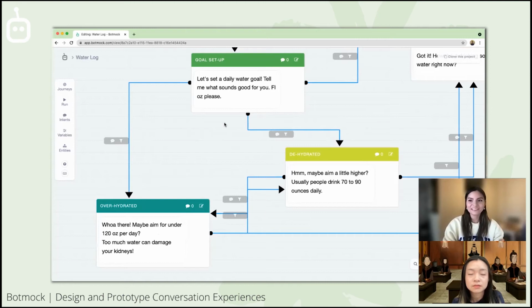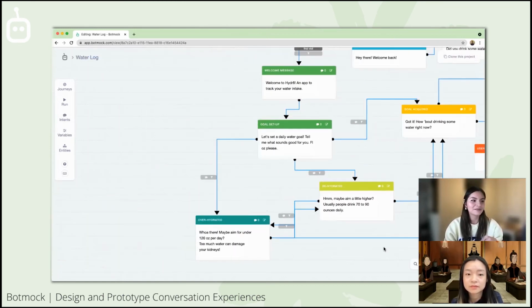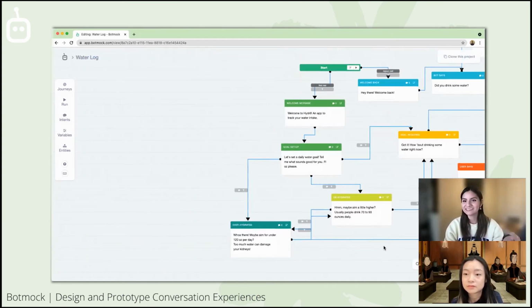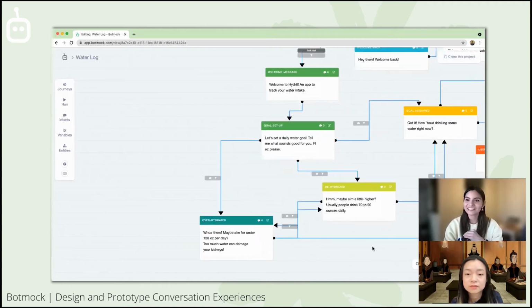And we wanted to make sure that people don't say crazy numbers or really low numbers that wouldn't get you hydrated. So what we actually did is we added some conditioning on these blocks here, so that if people said too high a number or too low a number, we would have that check and make sure people are being healthy with their drinking habits. So that was the main feature. That was what we changed. Instead of having a favorite drinking bottle, we would actually make sure that we're being biologically accurate.